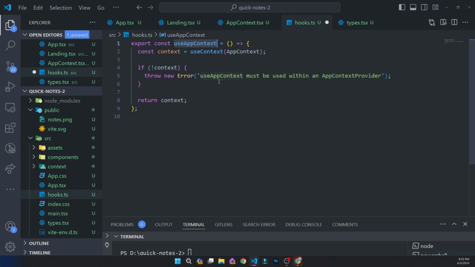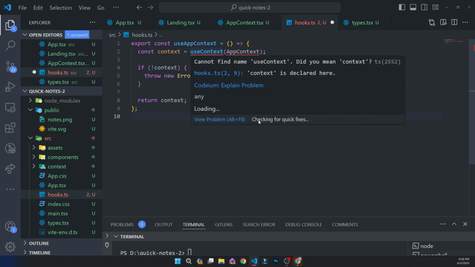So here, as you can see, I'm calling app context here with a useContext, and I am basically returning the context. So if there is no context, it's just going to throw that useAppContext must be used within an app context provider, basically. Alright, so